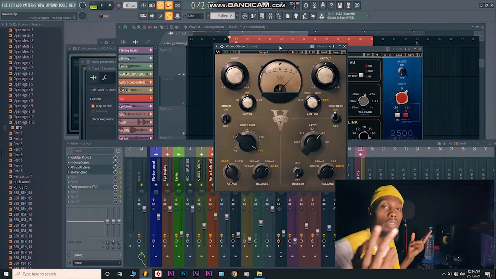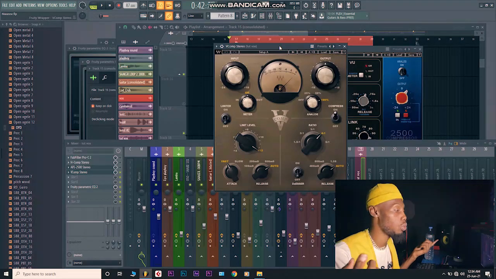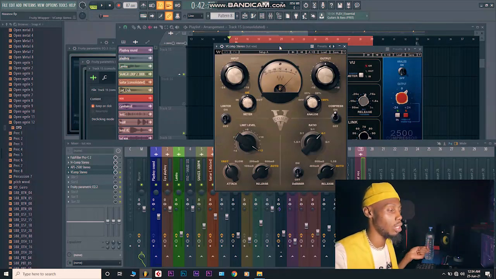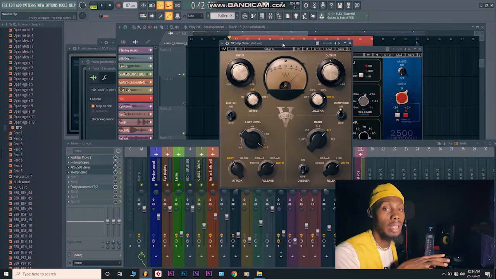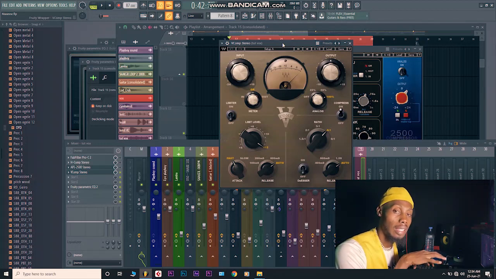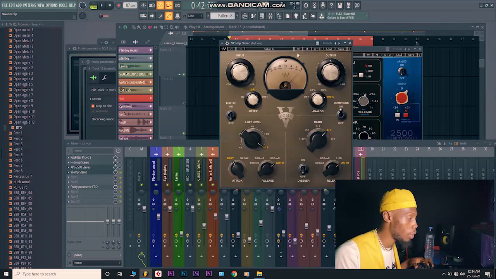There are some compressors that have only 2 knobs where their attack and release has been set automatically. You just do your input and output but then you will now be following any sound that comes out from the compressor based on the attack and the release that is in that compressor. So for this particular one,